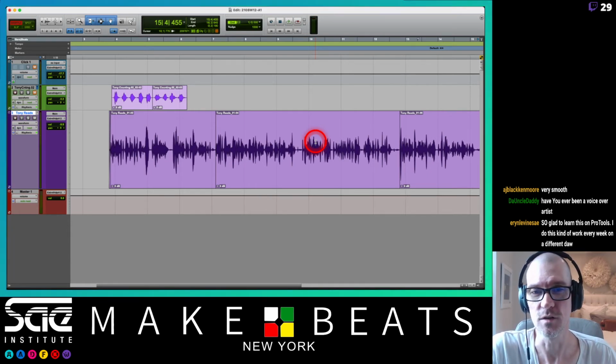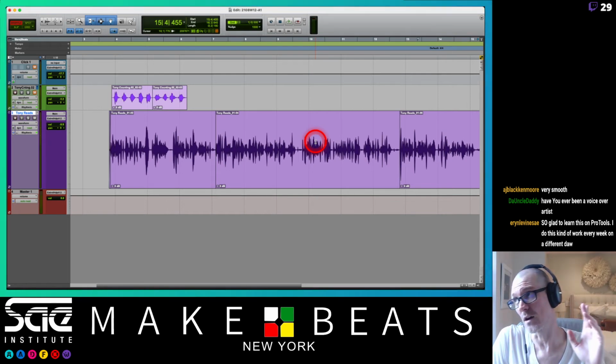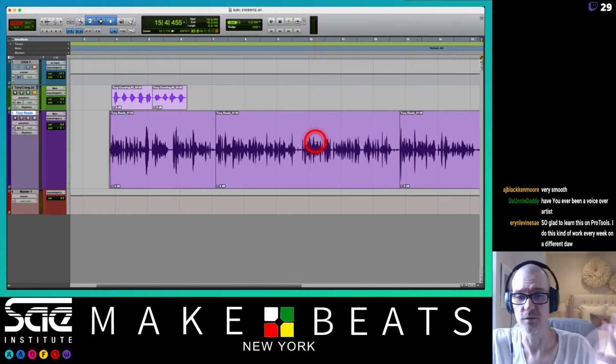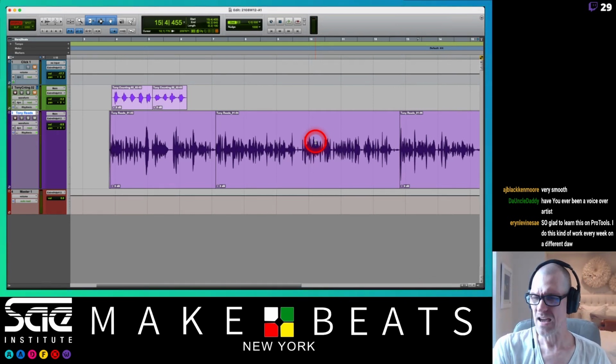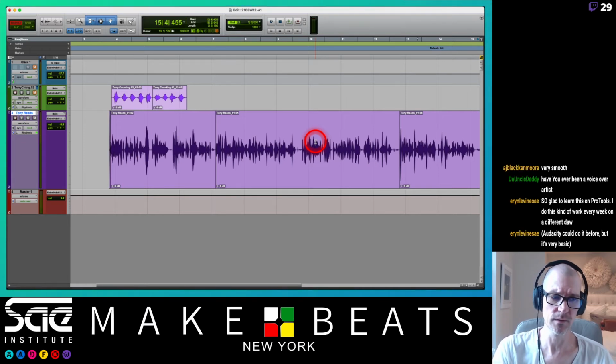Stop using whatever DAW you're using because no other DAW has this shuffle feature. Well, actually, no, I'm sorry, that's not true. Logic does have the shuffle feature. Logic could also work really well for this kind of process. I don't know about Luna or Studio One. I've never used those DAWs. I don't know if they have this kind of feature or not. I just know that Cubase doesn't have it, I think. I mean, Ableton Live definitely doesn't have it. Reason doesn't have it. Like a few of the other ones, but